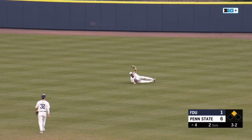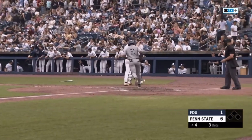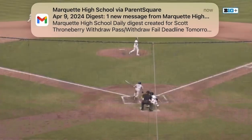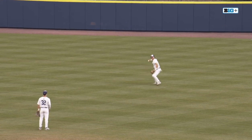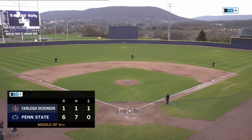Cesari coming on. He dives and makes the catch. That ball had eyes for right field, but Adam Cesari showing why he can do it both at the plate and in the field one more time. The looping ball out towards right, and Cesari, airborne, makes the diving play. So Connor Throneberry puts up a 0, and then with a lot of help from Adam Cesari, making a spectacular play out in right field. Still 6-1. We're heading to the bottom of the